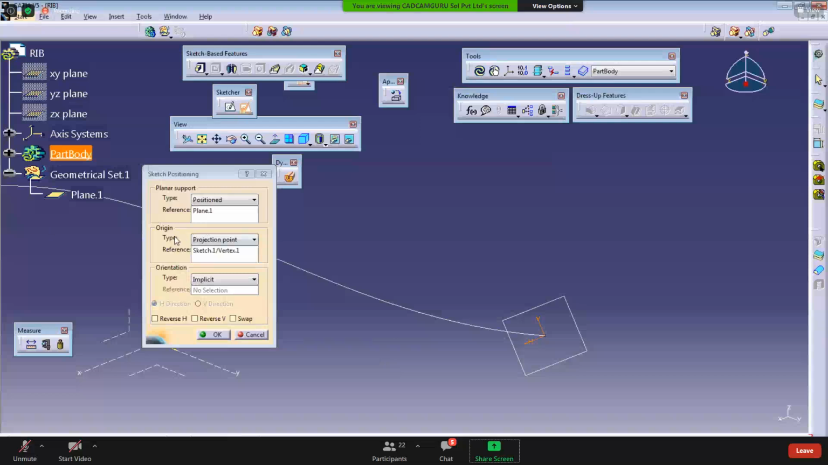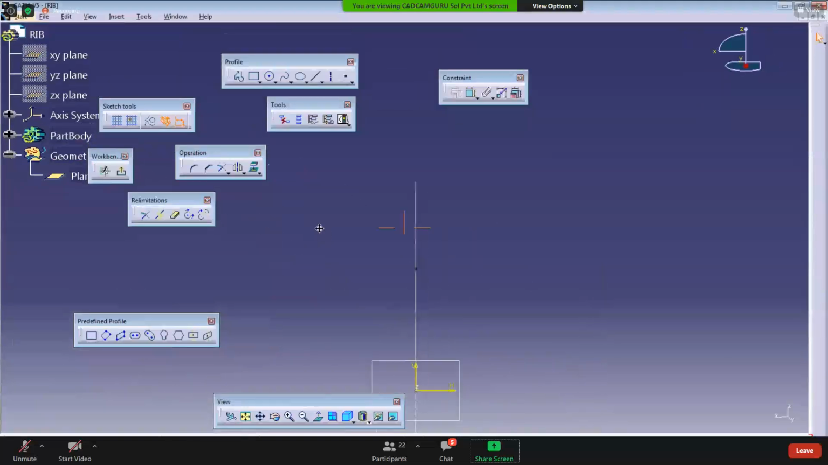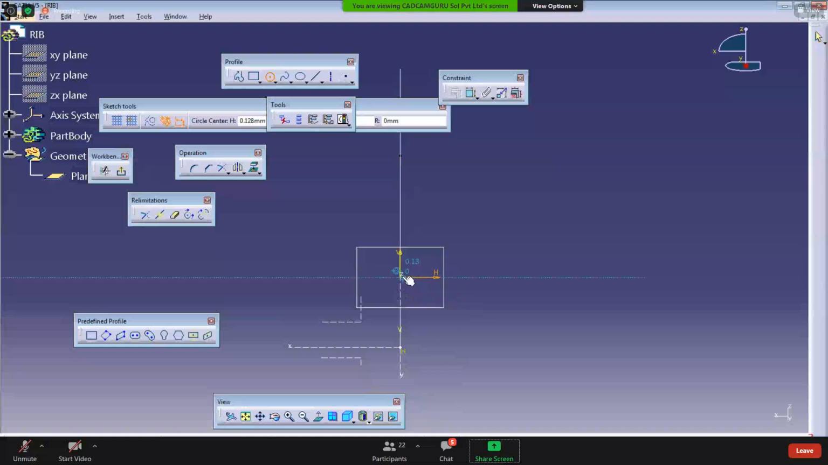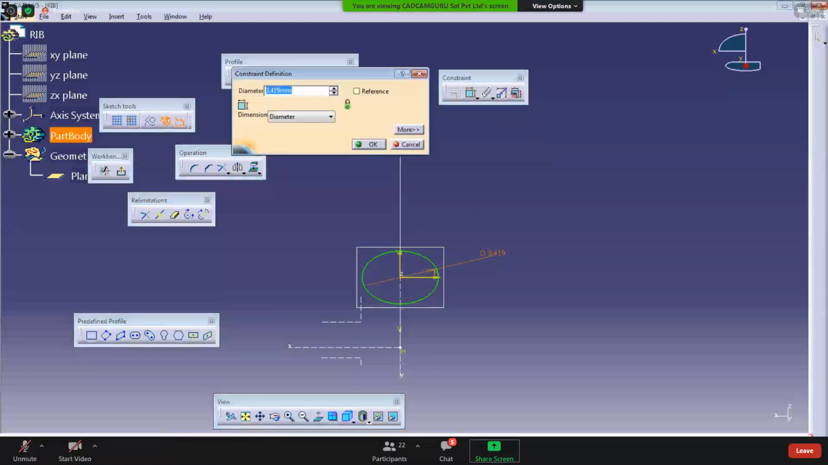Is it the first quadrant now? No. Which one then? Second quadrant. How to do first quadrant? Reverse H, correct, and then click OK and create a profile. Okay, the diameter of that profile is